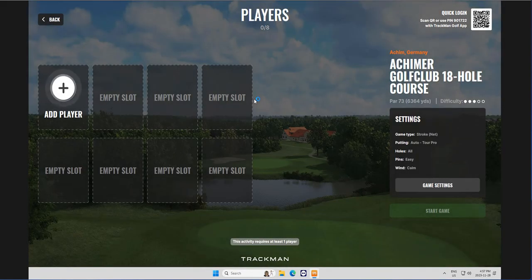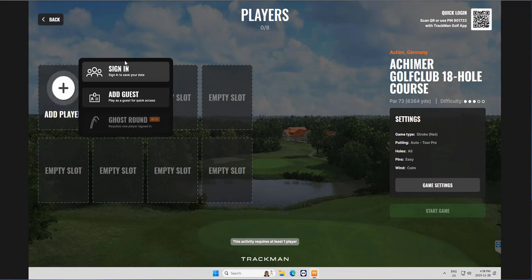Okay, and this is the screen that I was mentioning that will allow you to sign in. You can sign in, or you can sign in as a guest. This is where you add your players. So if you already signed in with the QR code at the top right, you would see your name and your information here. If not, this allows you to still do that and sign in manually this way if you want to sign into the Trackman system, or simply if you're a guest and you don't have a Trackman account,